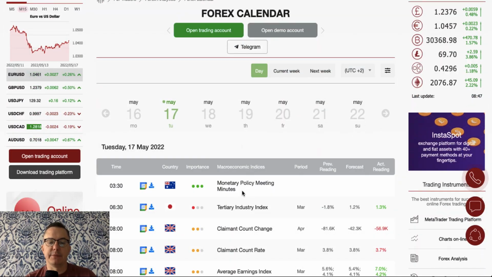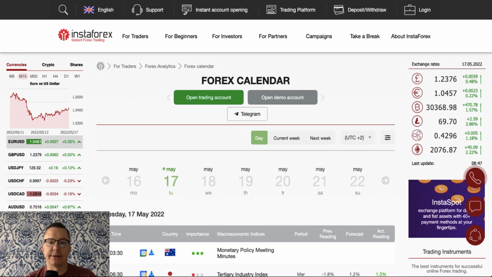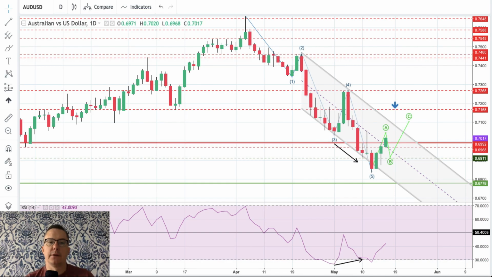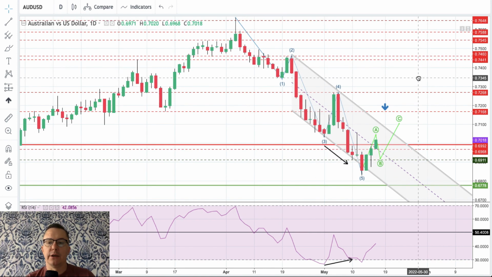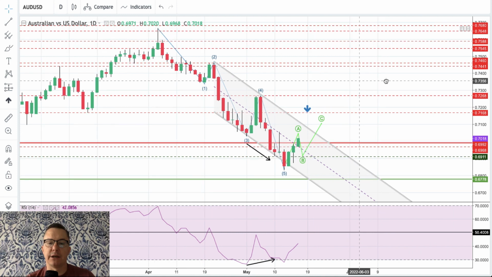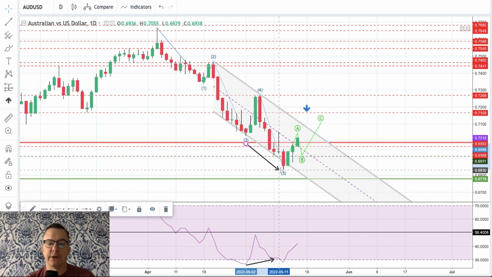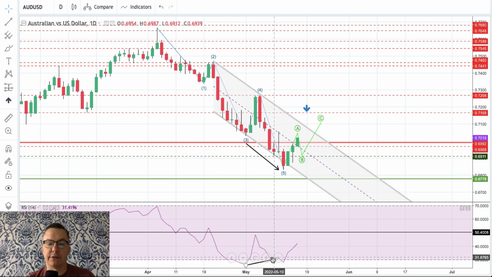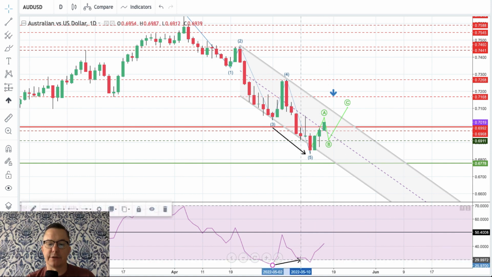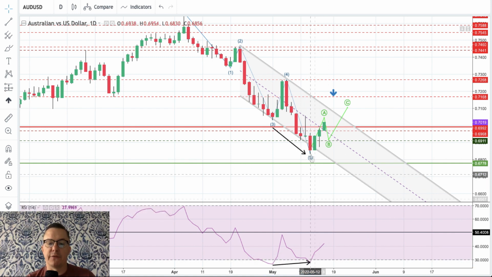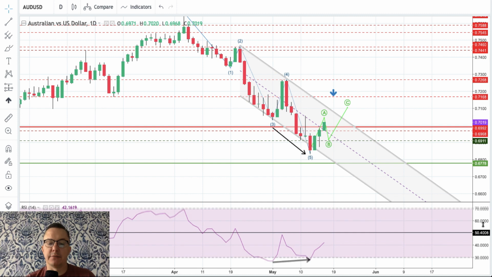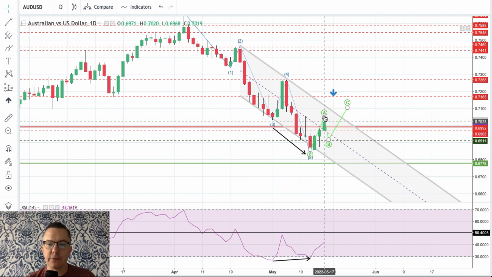Due to the monetary policy meeting minutes released overnight, let's take a look at the Australian dollar. Daily time frame chart of the Australian dollar is definitely showing us a 5-wave decline back down to the level of 6,830 pips. So this is the bearish divergence between these two lows. We got even a multi-divergence present on the chart. So this is the low of the wave 5 and the new higher low on the momentum. So that's a clear bullish divergence, and we have a very nice